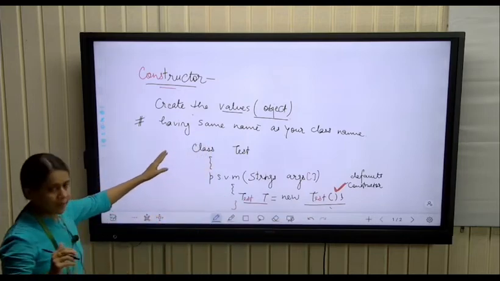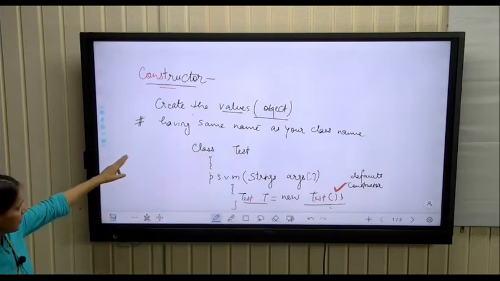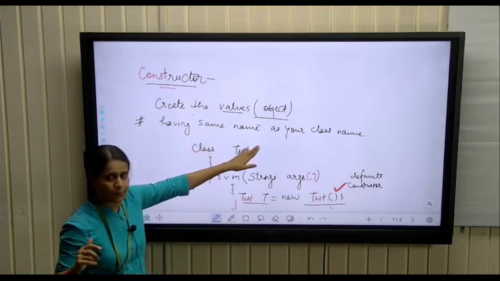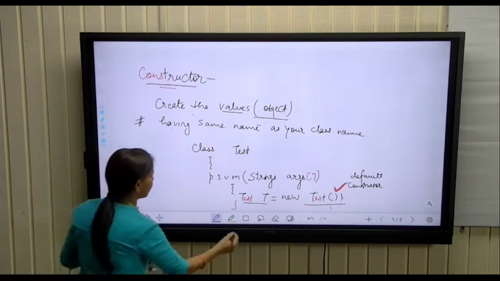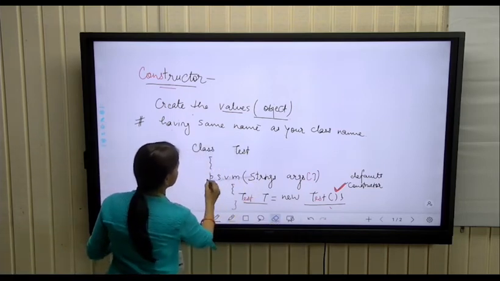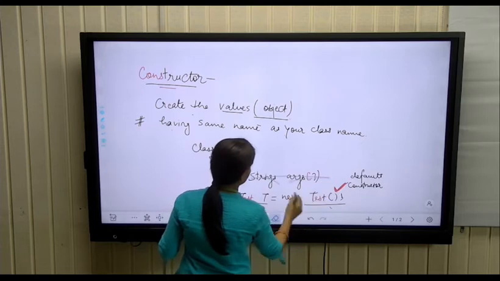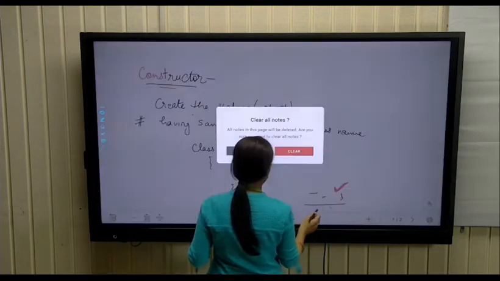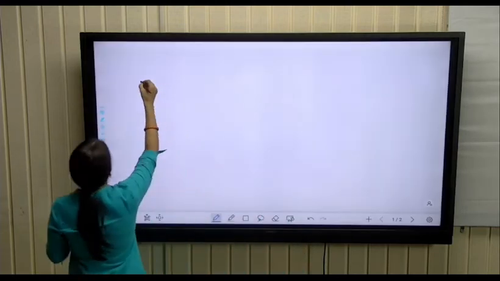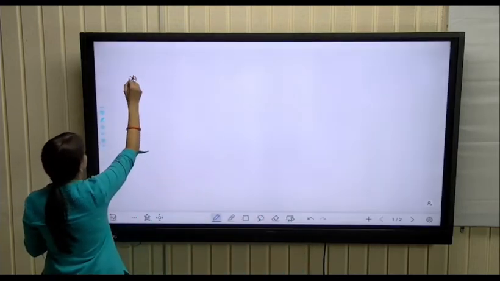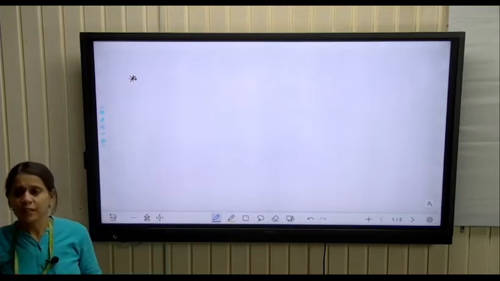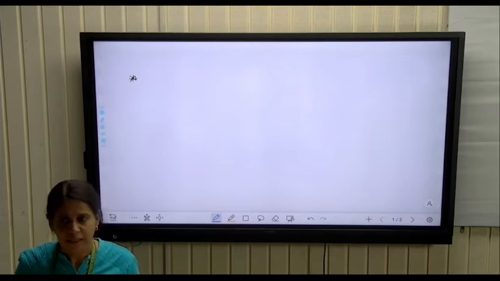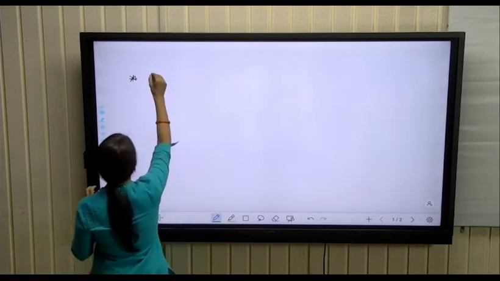So that is having the same name as your class name, first point. And second point, we have the constructor using access specifiers, right? Constructor using the access specifiers,